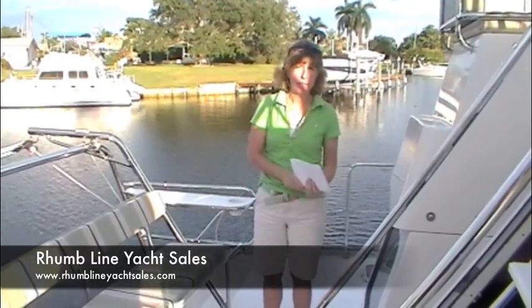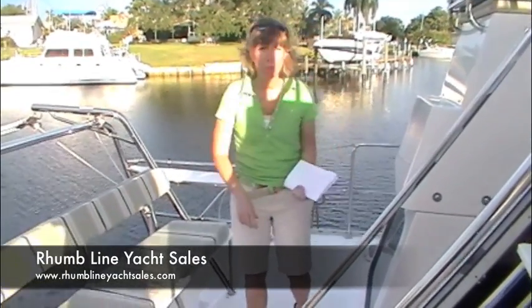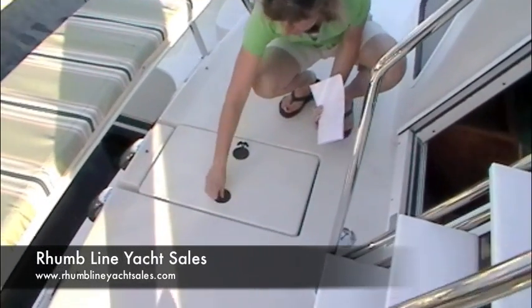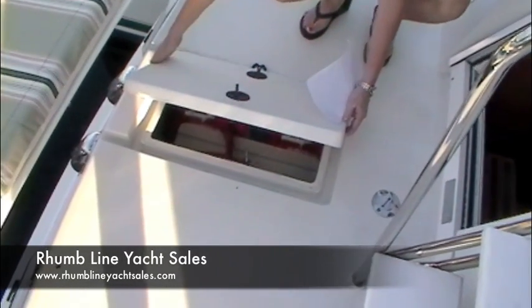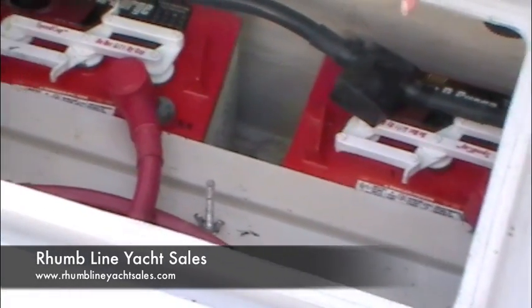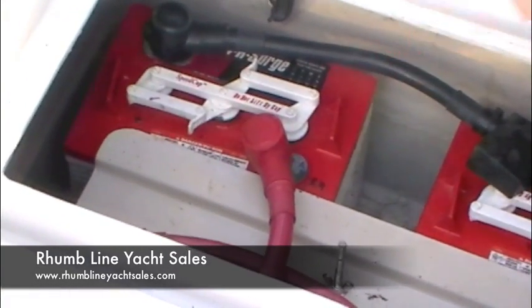And before we leave the cockpit of the boat, I just thought I would show you where the 4 house bank batteries are stored. Every PDQ has a hatch like this, and you can see they're easily accessible for checking water levels, replacing if necessary,